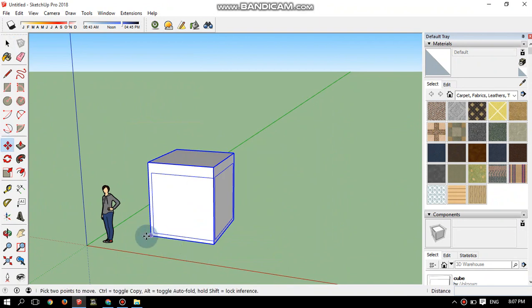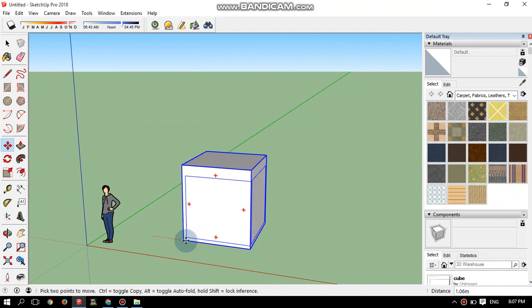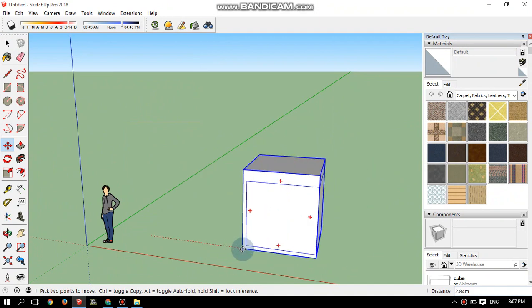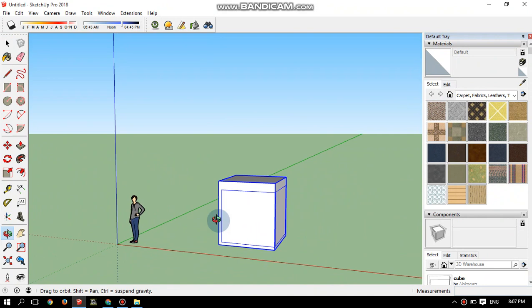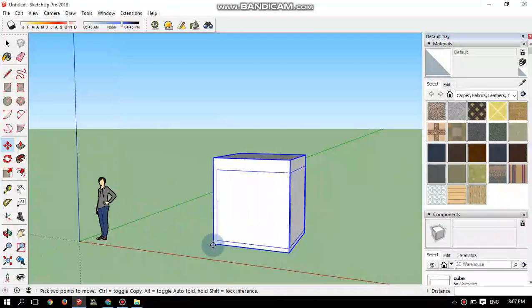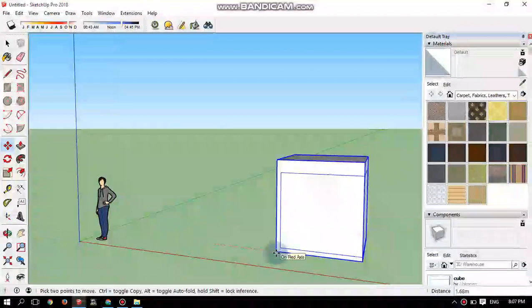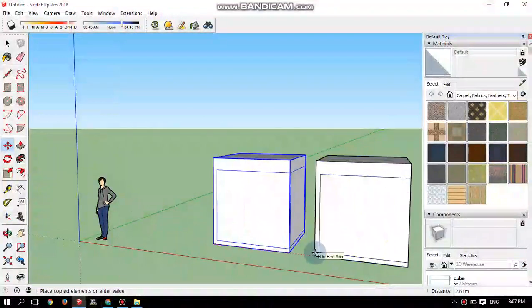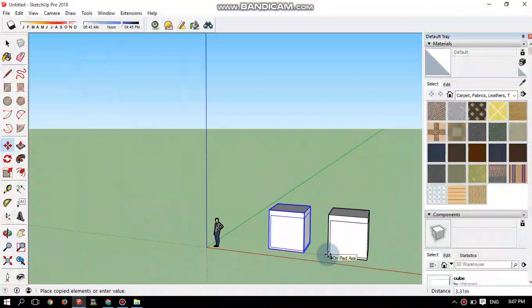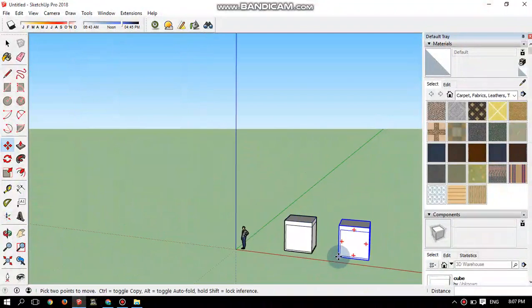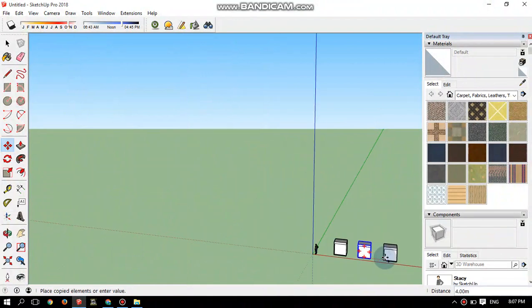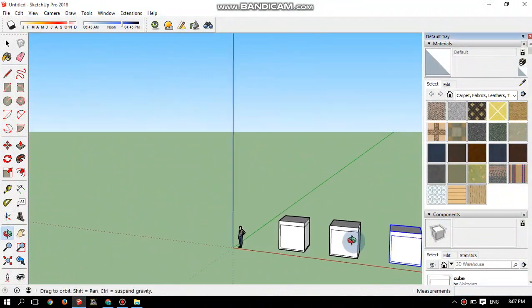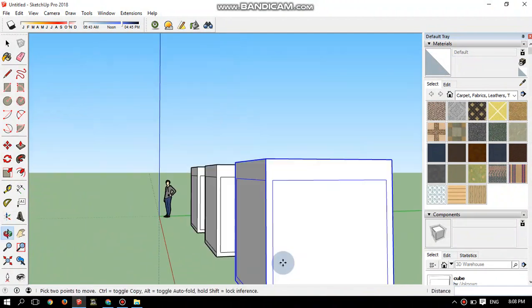Now we have to move the whole box. So we simply click, then select the point from where we have to move. And now we have to go by 2 meter to this side, so we type 2 meter and press enter. As you can see, the cube is moved by 2 meter. Similarly, if we move and press Ctrl, then we can copy the cube. Similarly, we can make n number of copies just by pressing Ctrl. This is the use of the tool.